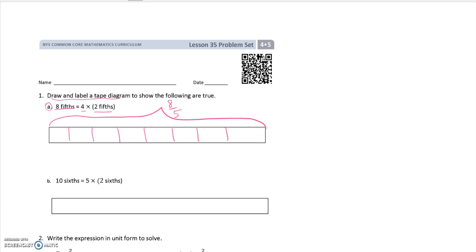One thing I also know is that it takes 5/5 to make one whole. So I'm going to just shade 5/5. There's 1, 2, 3, 4, 5. You do not have to shade yours, but you can. And I just want to note that this is actually one whole. So that leaves me with